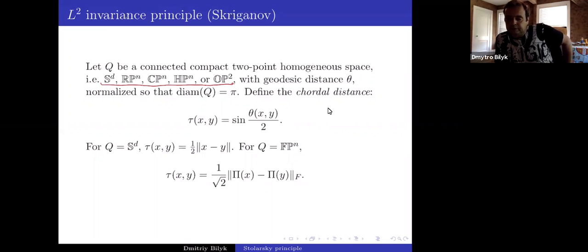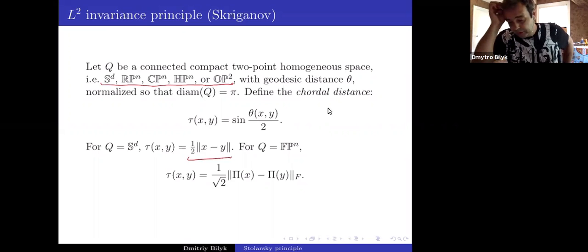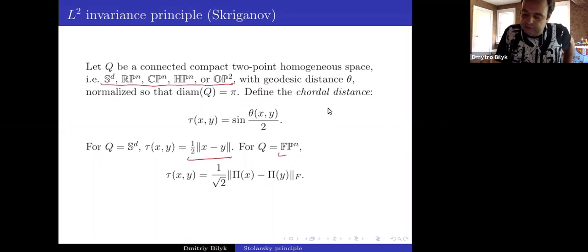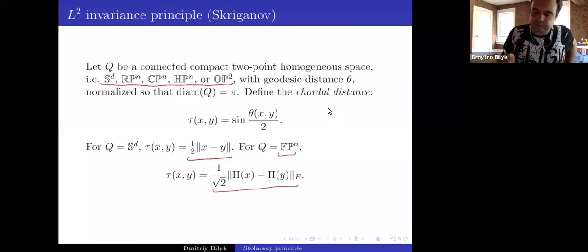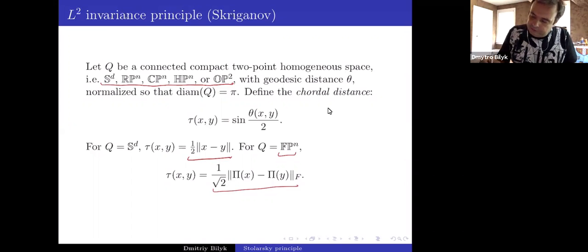And then we can consider the chordal distance, which is one of the most standard distances on these spaces. On the sphere, it just coincides up to constants with the Euclidean distance. If you view this distance on the projective spaces, then there is a standard representation. Basically in projective spaces, any element can be associated with a projection matrix onto the vector generated by that vector. And then the chordal distance is equal up to a constant to the Frobenius norm distance between these projection matrices. Well, the Frobenius norm is essentially an L2 norm. It's the L2 norm of the matrix,